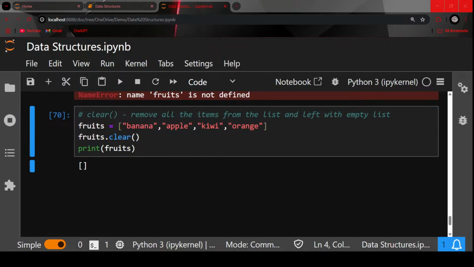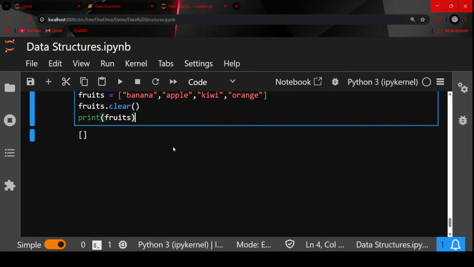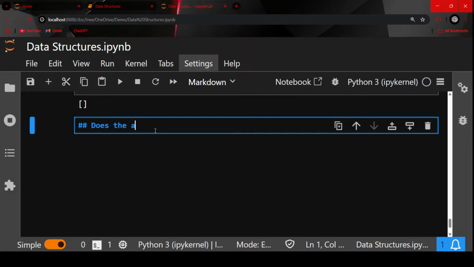So now we have seen all the methods to add and all the methods to remove. Now it's time for question answer, because this set on list methods is over. I'll ask some questions. You have to give the answer in yes or no. So first question is, does the append